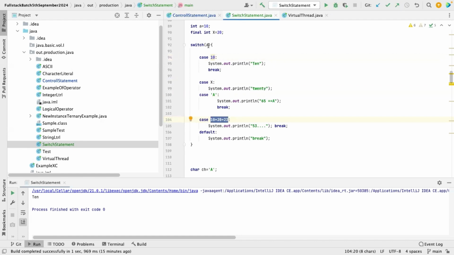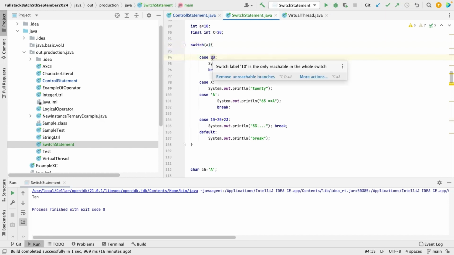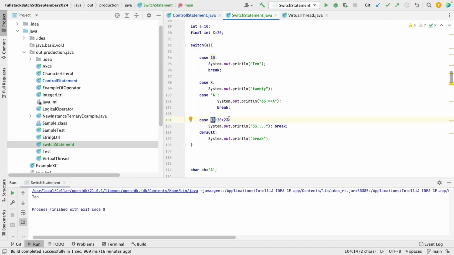So in switch, we can pass byte, short, int, right? Along with string, correct? And also inside a case here, we can have direct literals, constants, and this type of expression. Okay. So now for freshers or for one year experience candidates, mostly they will ask a question from